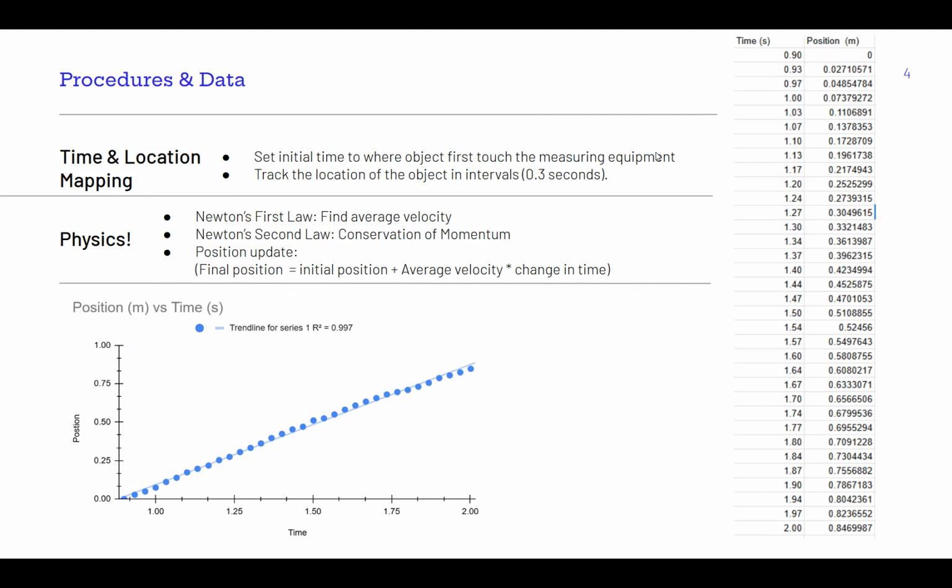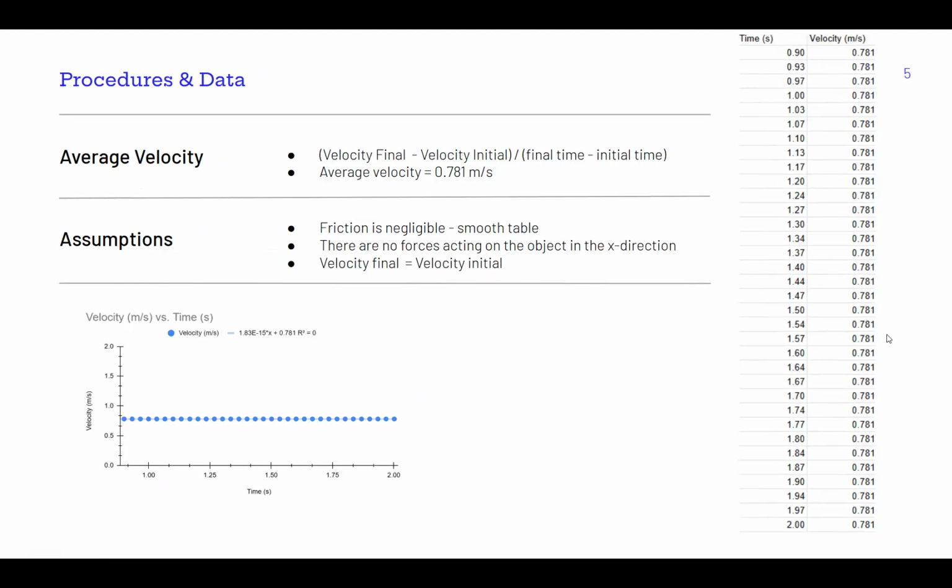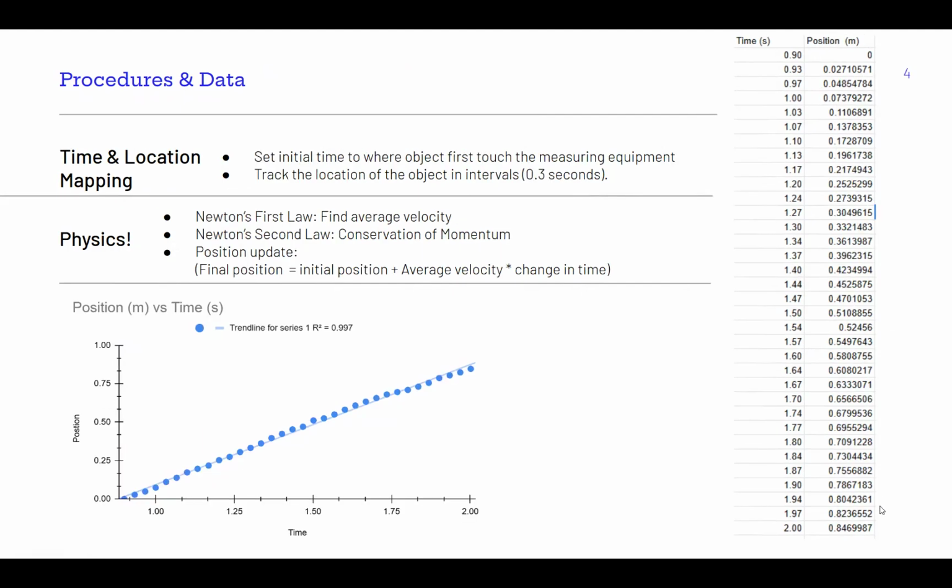Using the data we collected for position versus time, we had a linear trend for the position versus time graph of our object. So very much a constant velocity. And we can see that using the same data we collected, the velocity versus time graph, we had the final velocity minus initial velocity over